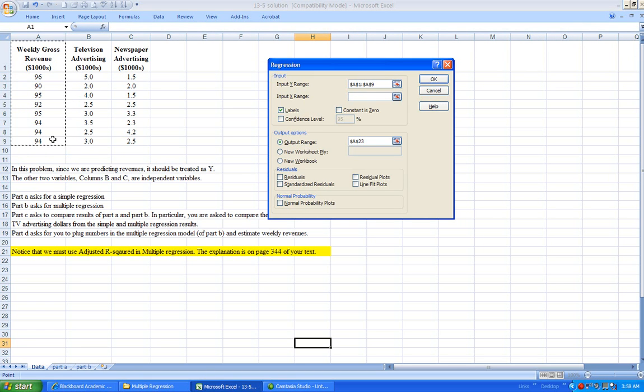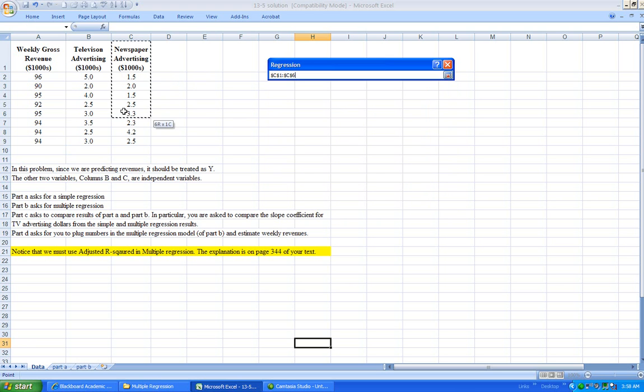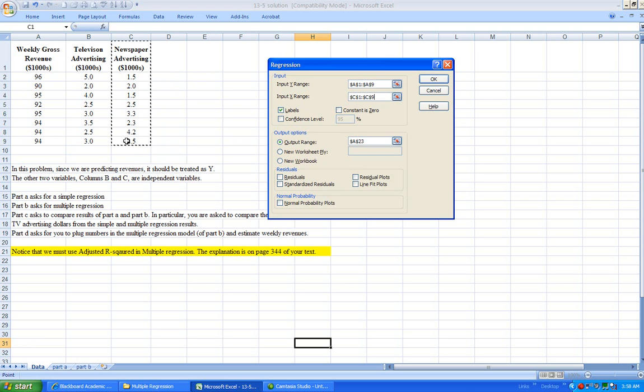That's our dependent variable. For our independent variable, I'm using this as a simple regression, so I'm going to put newspaper advertising. Since I have labels in the cells, I will click the labels box and check it off. And for output, I'm going to put